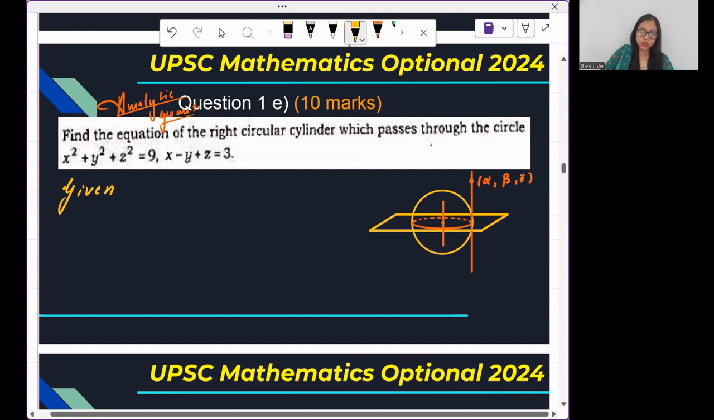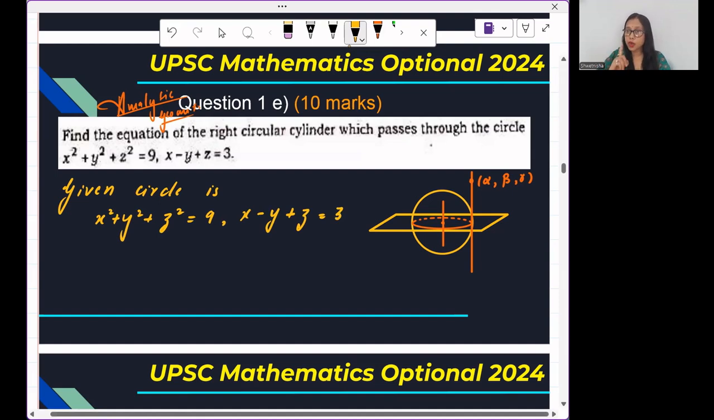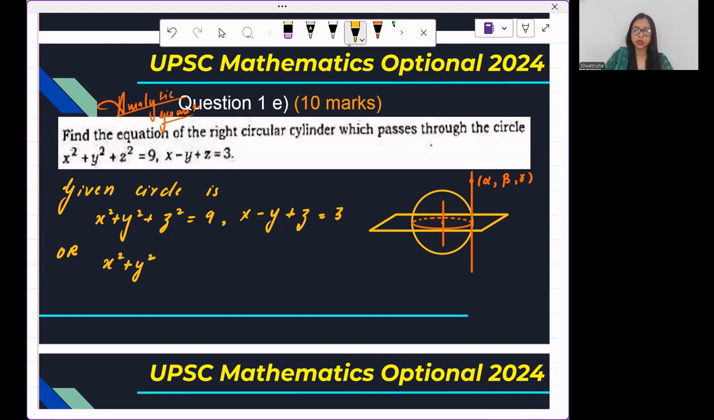So the circle is given by x square plus y square plus z square is equals to 9, comma, x minus y plus z is equals to 3. There is one more way of writing this circle, or we can reduce it to x square plus y square if I take,